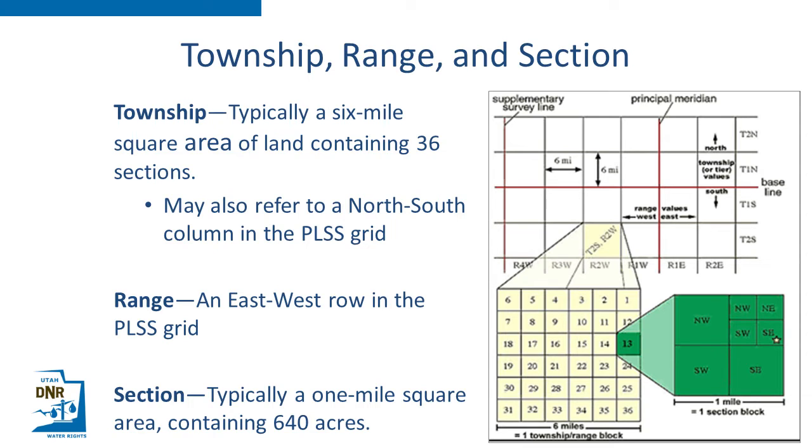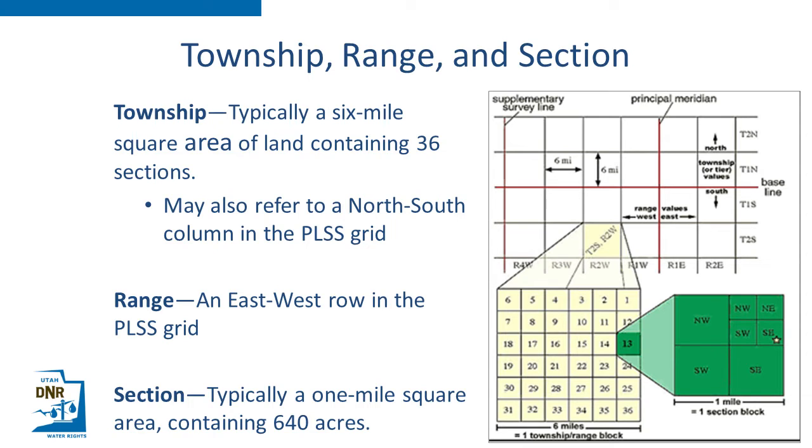The township and range is broken up into 36 numbered sections that are all 1 mile square or 640 acres. Now imagine a home on a small parcel in one of these sections. To narrow down an area of the section further, it is divided into 4 quarters labeled northwest, northeast, southwest, and southeast. Further, each quarter section can also be divided into 4 quarters. This allows you to specify the water use being on the southeast quarter of the northeast quarter of section 13